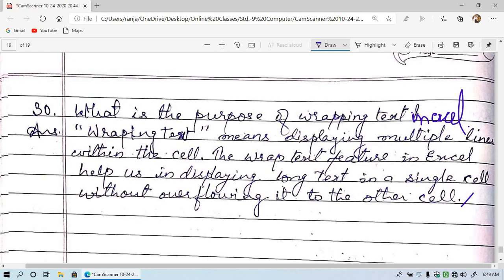So these were the questions. Besides these questions, some shortcut keys given in MS Word and MS Excel will also come, and some true false and some fill in the blanks. You have to go through your book, and if possible I will also provide you some shortcut keys in my further videos. But keep reading and learning all these chapters.